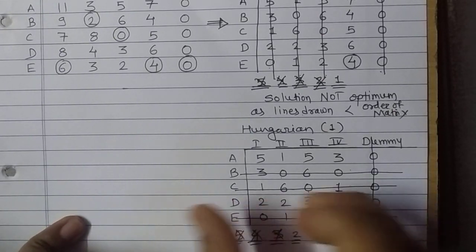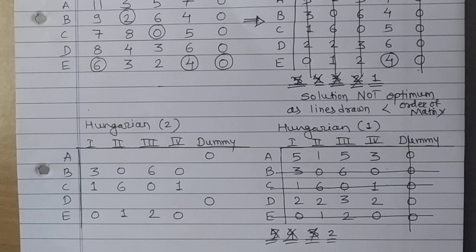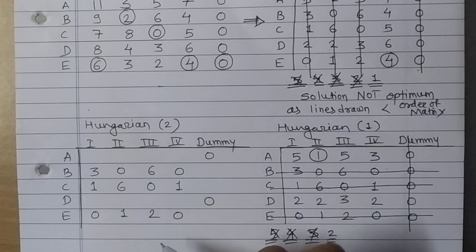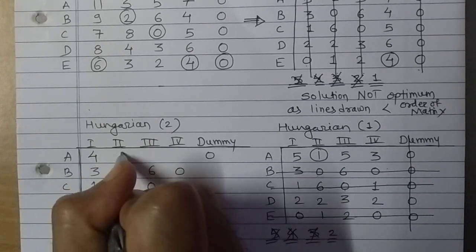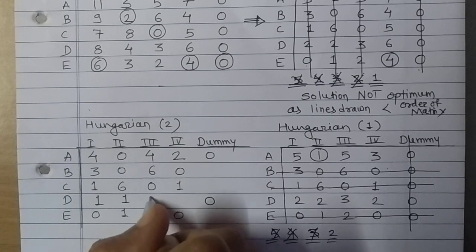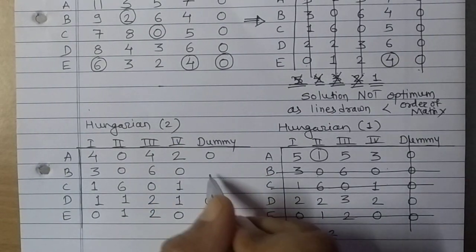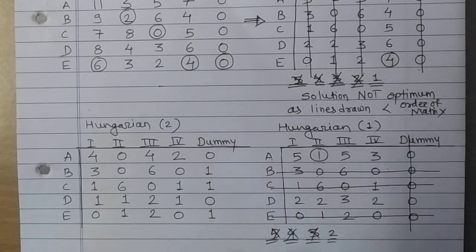So on this matrix, perform Hungarian and find out the solution here. Do with me. So for iteration 2, Hungarian method iteration 2, this is your first set. Now identify the minimum value. This is 1. So start construction of this matrix with me. 4, 0, 4, 2. Here it will be 1, 1, 2 and 1. Now the values 0, 0, 0. So add this 1 here. So 1, 1 and 1.